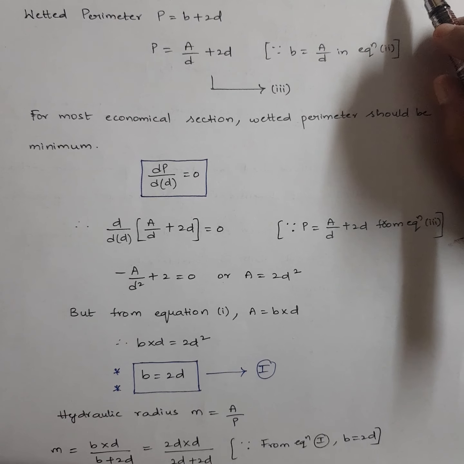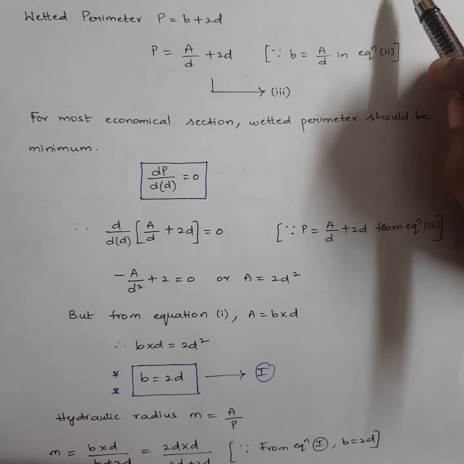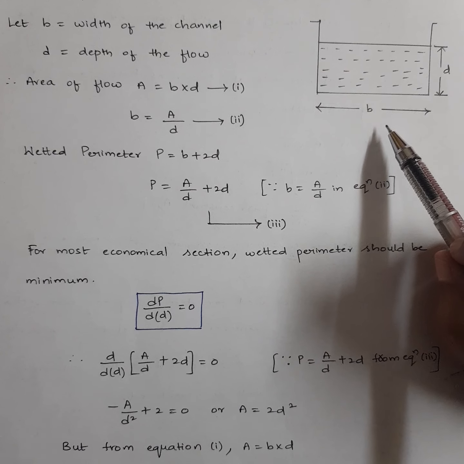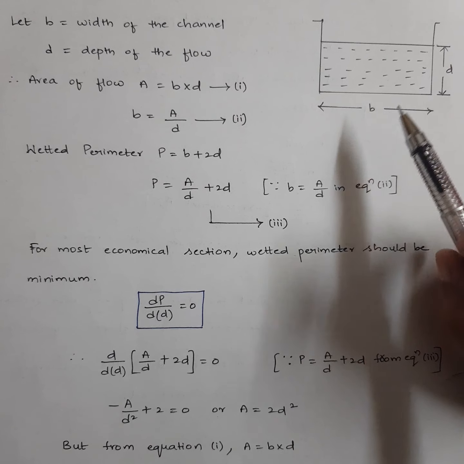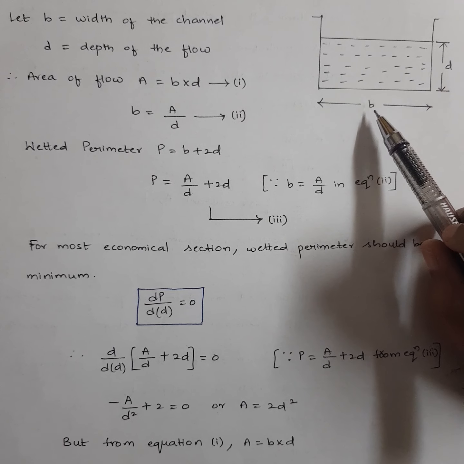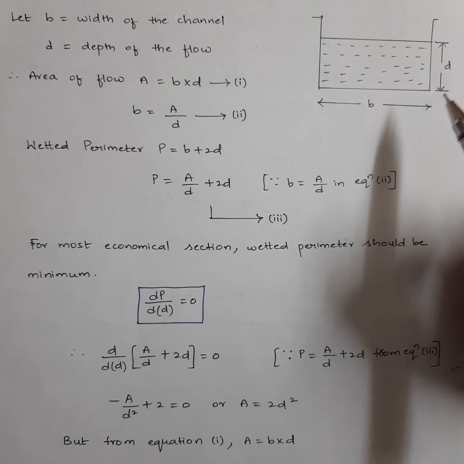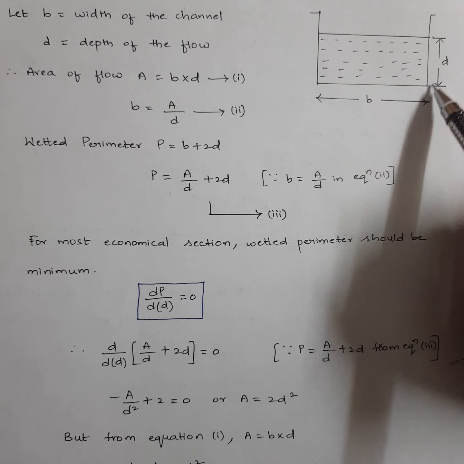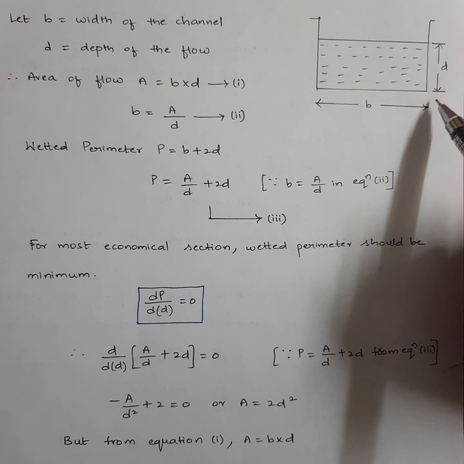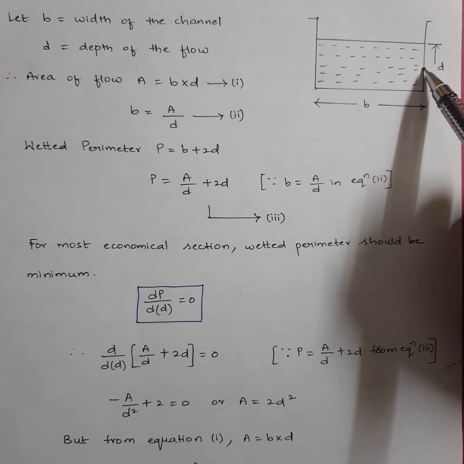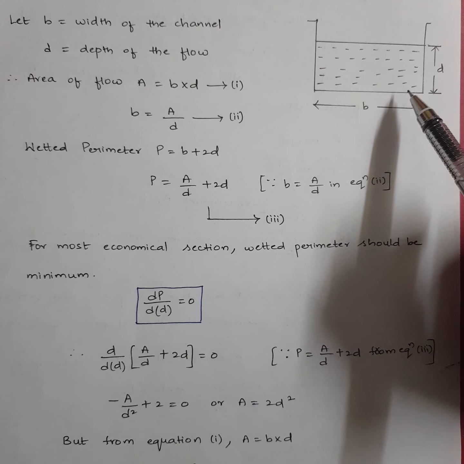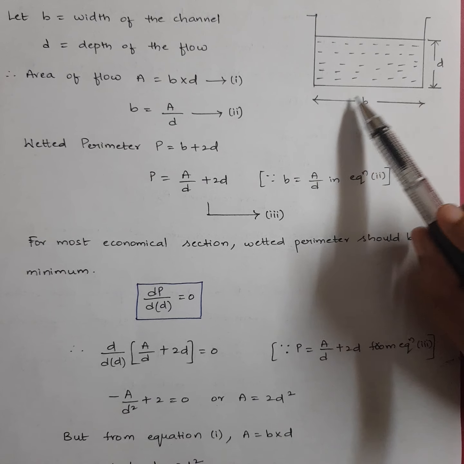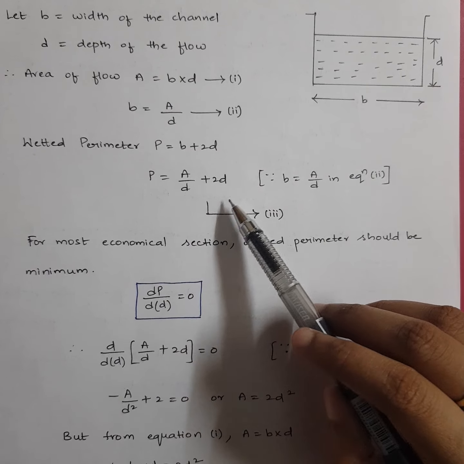Because now if you observe the rectangular channel here, the width is not changing, correct? Your width B will be constant always. If it's a prismatic channel, it will be constant. Why? You are constructing with some given width, so this will not change. Only depth of water will change, right? Because see, now from here to here you have D. Say this is some 2 meters. Say if the depth is from here to here, which is 1 meter, then the wetted perimeter will vary obviously. Means this wetted perimeter is only dependent upon D, not B. That's why I have taken out B and I wrote wetted perimeter all in terms of D.